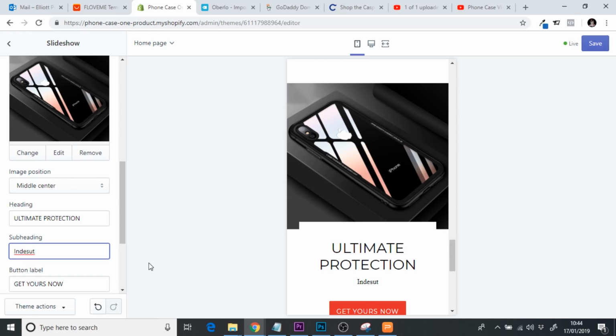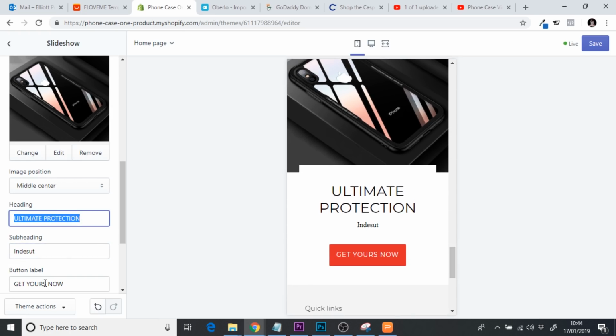Now that looks so much better. So if it doesn't work, as much as I would love to just have "indestructible case" here, if it doesn't work on a mobile, you just can't go with it. So "indestructible case", if I've spelled that right, that's fine. You get the idea. The ultimate